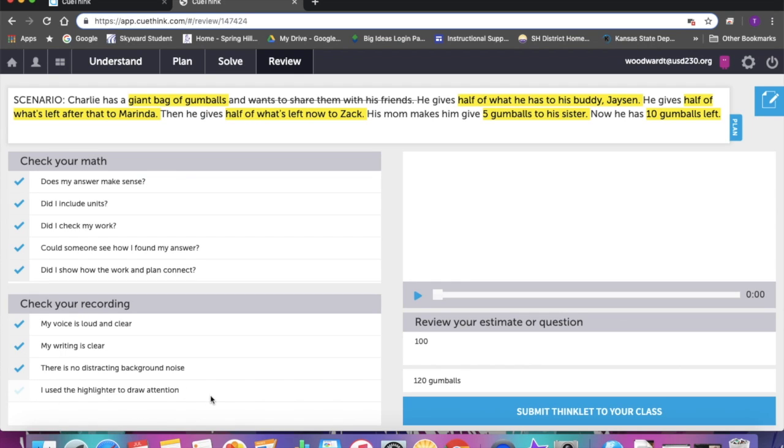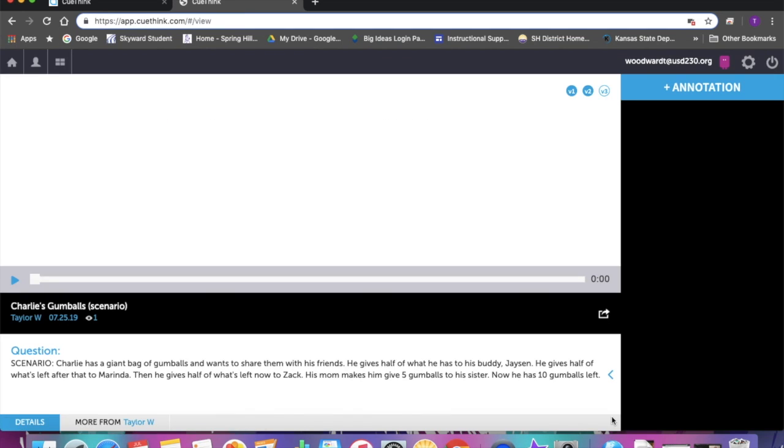Maybe I didn't use the highlighter, but if you did, make sure that you use that appropriately. You can type in your final answer and then submit the Thinklet to your class. So as soon as I do that,